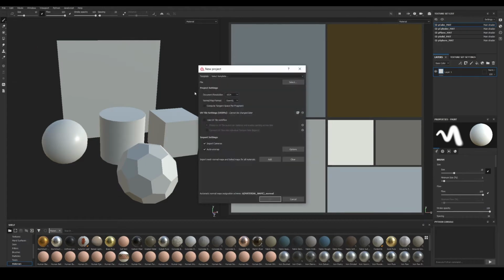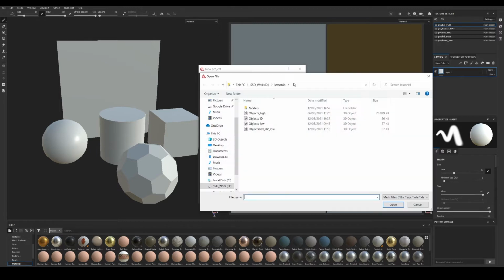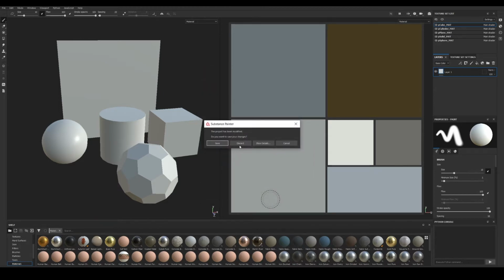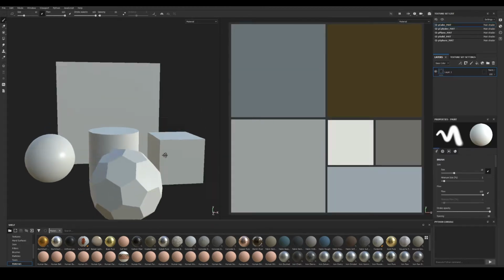So I will go to the new. You have on the drive lesson 4. All the files that I will go through today and more, you can find them in lesson 4. So I'm going to lesson 4, and I will bring the object bed UVs because we will troubleshoot some things. Okay, so this is my